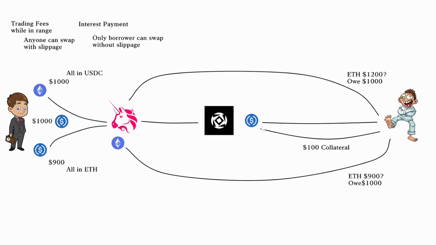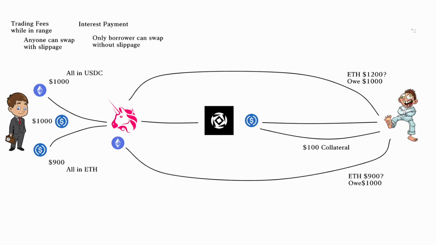However, he can't do this for free, right? There's some risk here. So let's talk a little bit about what happens here, okay? So he needs to put up some collateral. And now how does this collateral get calculated? With these simple numbers, you can kind of think of it this way. Let's say ETH goes up to 1,100 or 1,200 or 1,300 or whatever, right? Dollar Bill is only expecting $1,000 because, like I said, if price goes up, he's going to have $1,000 left in this Uniswap version 3 position, and that's it. He's going to have 1,000 USDC sitting there, okay?